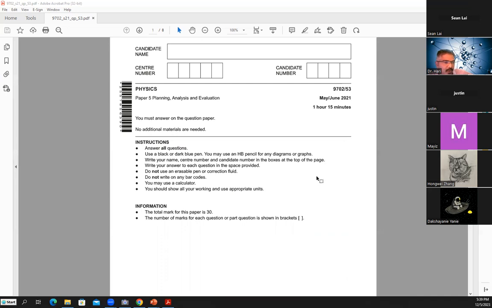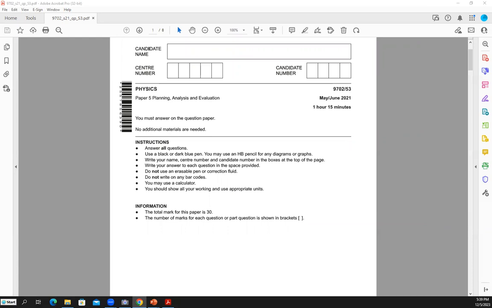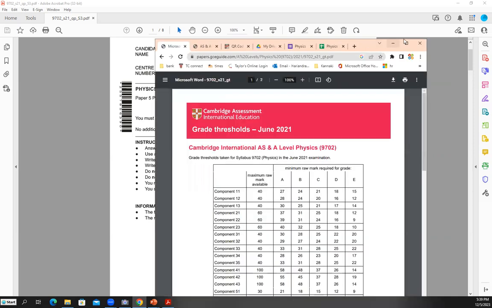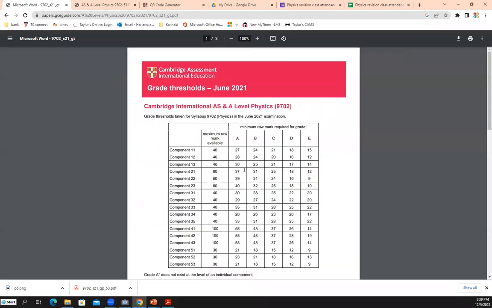And the typical score for paper 5, if you look at the score or the threshold grade for this paper, what is it? So the threshold grade is